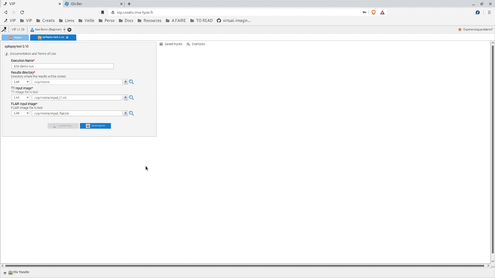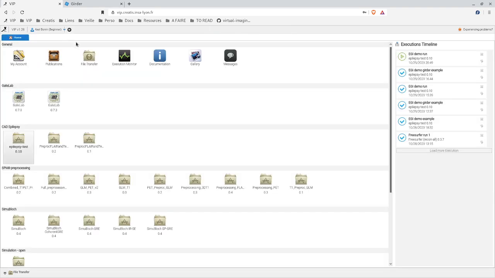This takes a few seconds, so enough time for me to explain that VIP executions are submitted on NGI infrastructures or on our laboratory local resources, depending on our applications. At the top, you can see the notifications signaling that the launch was successful. I can close this launch tab and check my execution status on this white panel, or I could also go into the execution monitoring tool.